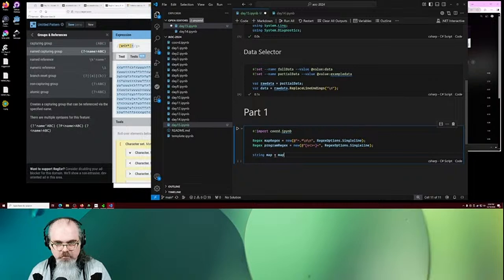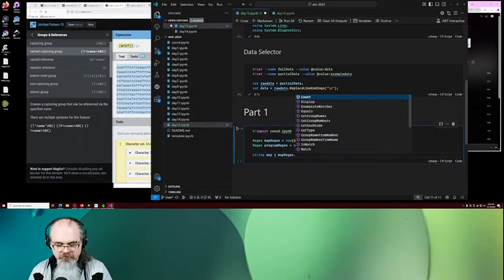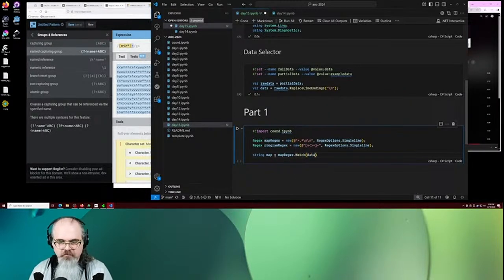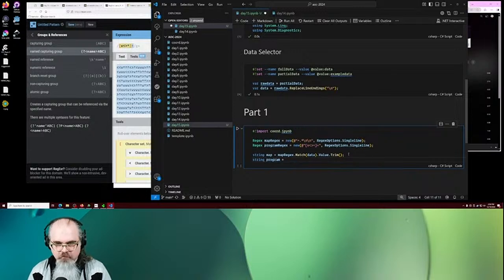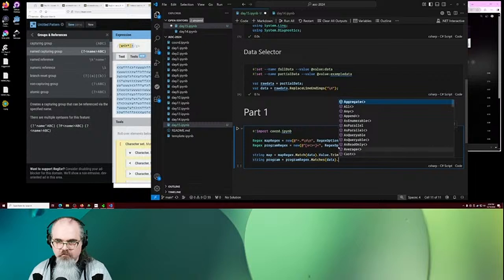Map equals map regex dot match data dot trim dot value dot trim, and string program equals program regex dot matches on data dot